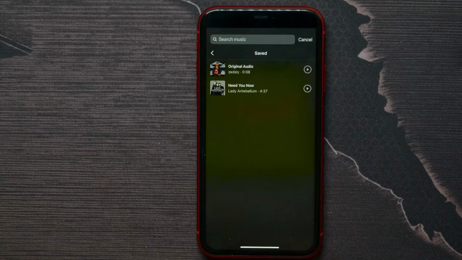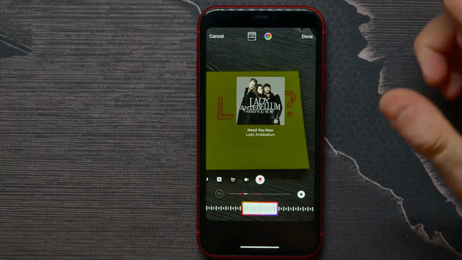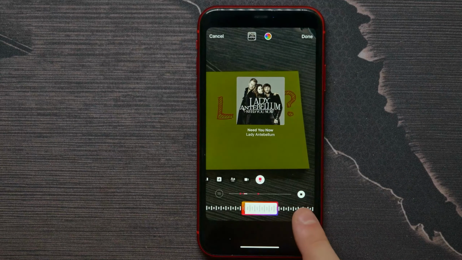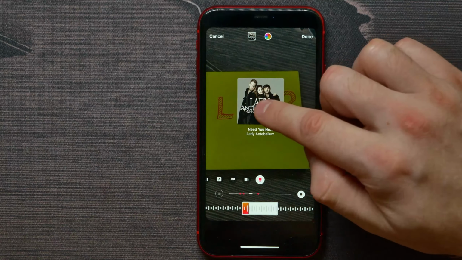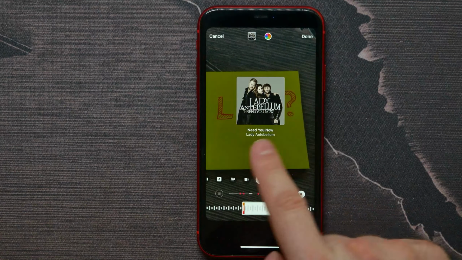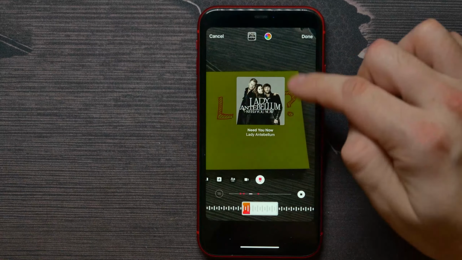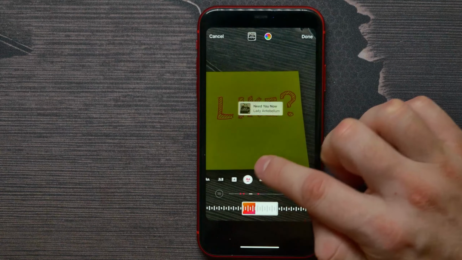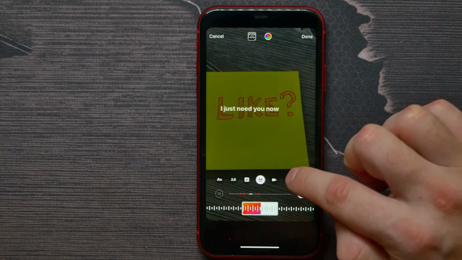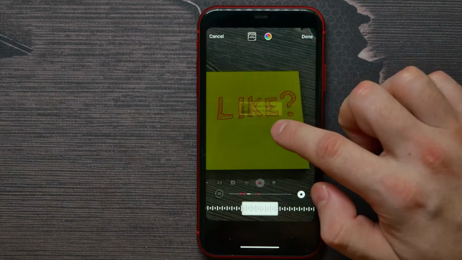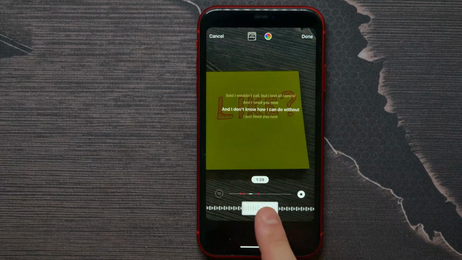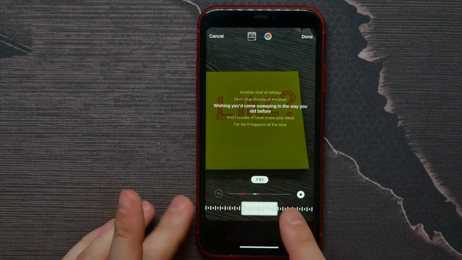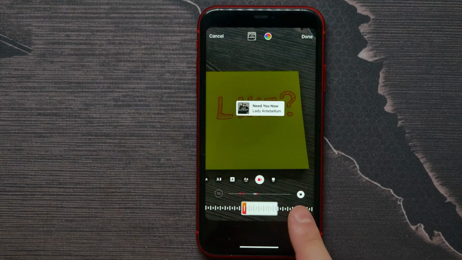And now in order to use audio in your story you need to just hit on that audio, and there comes up such thing where you can select first basically view of that sticker. You can switch between them in that way. Just hit on these icons. I like that one because it's small,